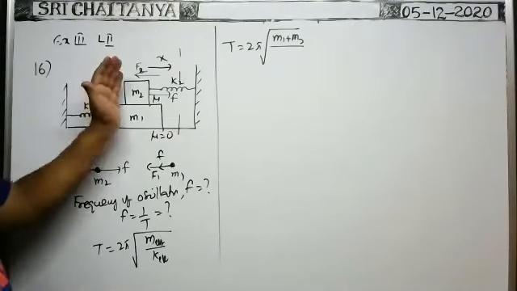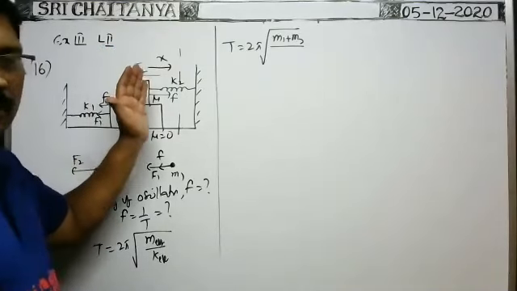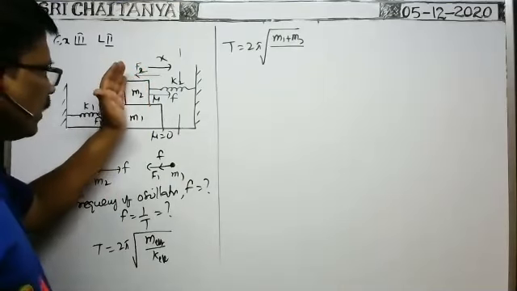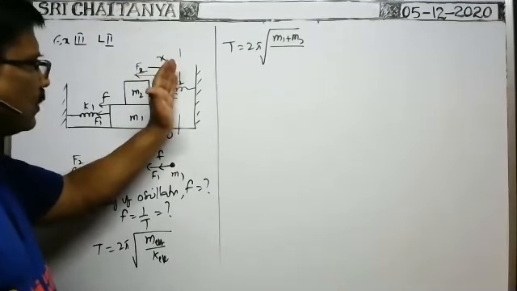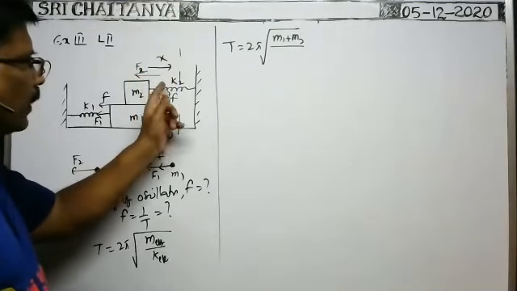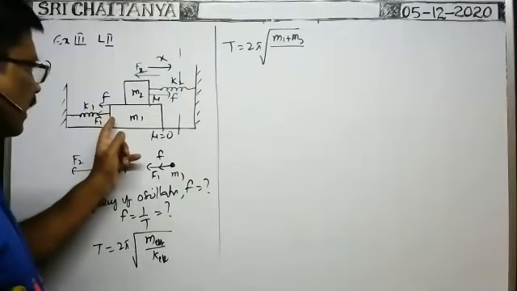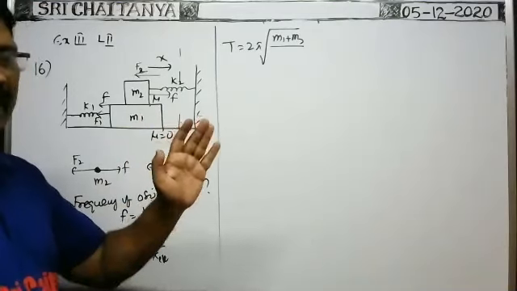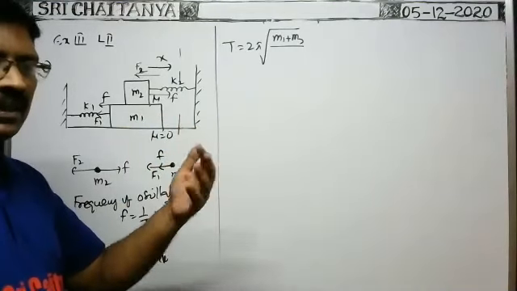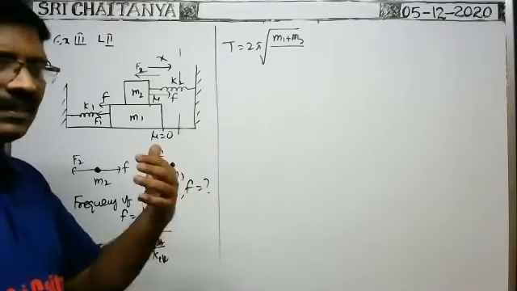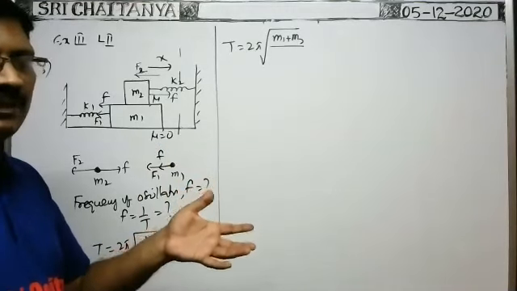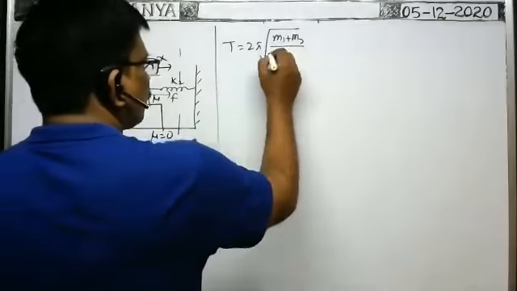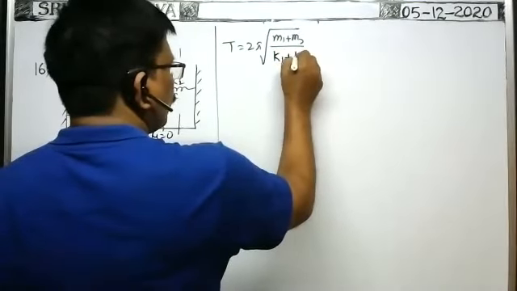Very good, Varun. Whenever the system is displaced towards right, then whatever the compression in the spring, the same amount of extension takes place in this spring. That's why whenever the extensions of the two springs are same, compressions of the two springs are same, or extension in one spring and compression in the other spring are same, then they are said to be connected in parallel. That's why whenever these two are parallel, effective spring constant is equal to K1 plus K2 only, no?